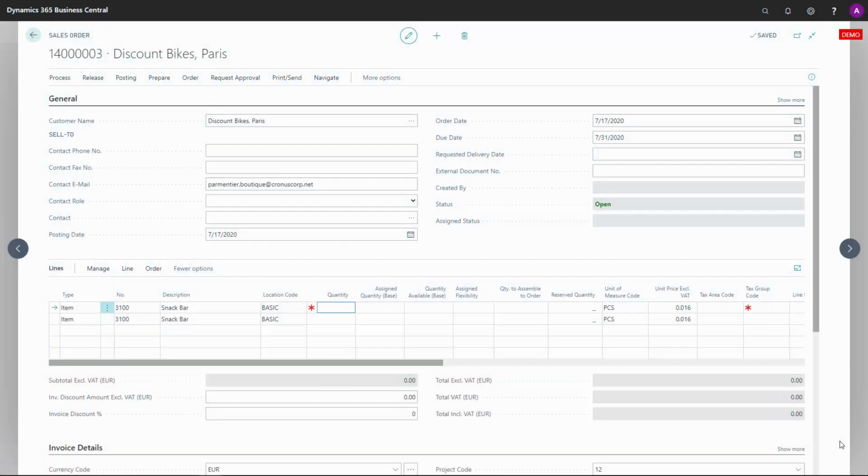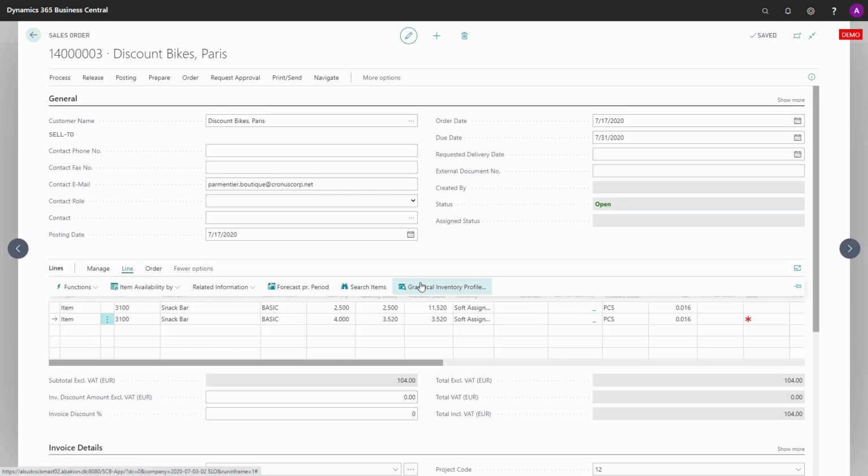With the assign quantity, you can assign according to remaining shelf life. And to explain what that means, let's first view some expiration date handling. So this item we have set up with expiration date, meaning if I enter 2,500 and 4,000, I can see that in the last line it will only assign